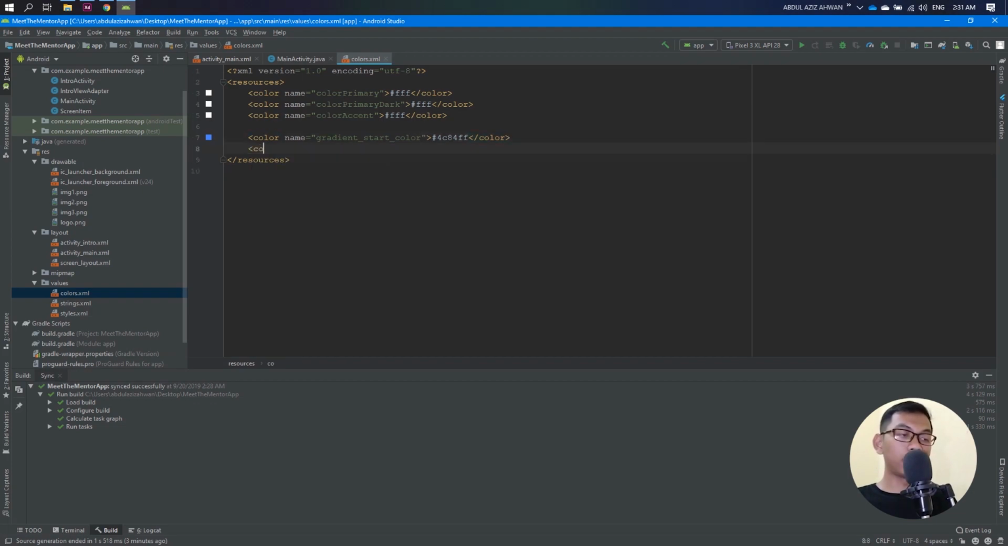And for the gradient end color we set it to another blue, and we need to create more colors, tab indicator, and for the value